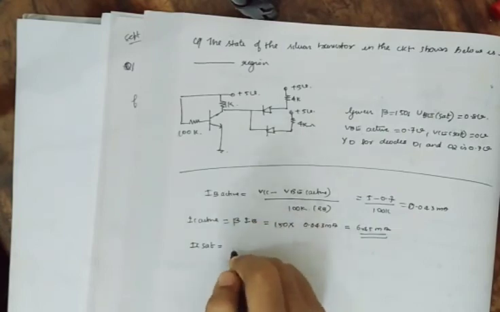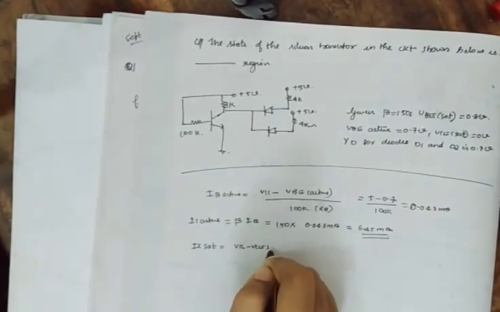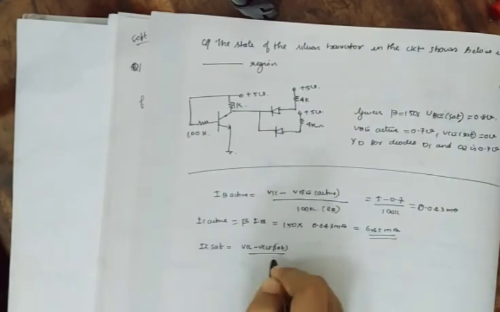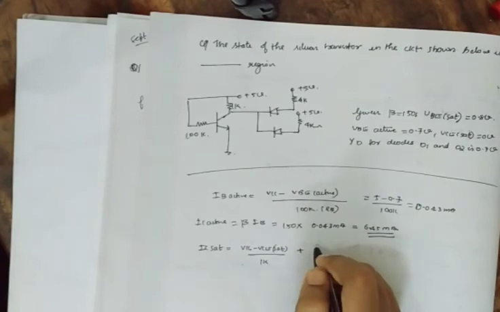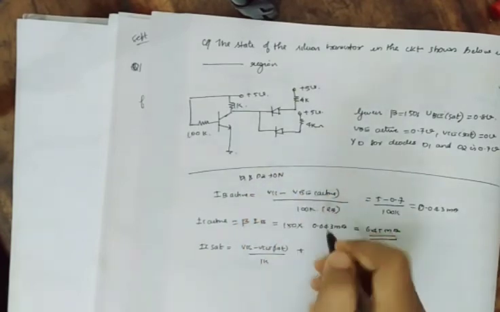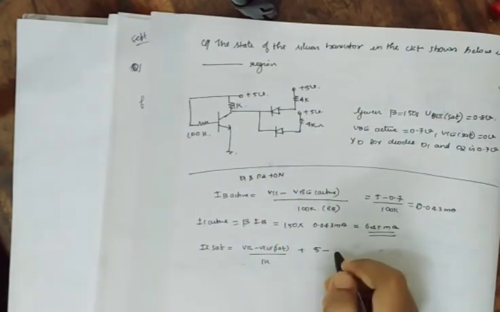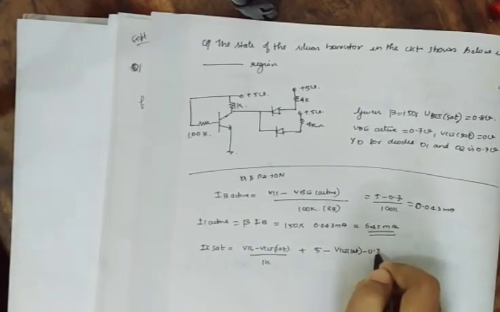IC saturation is equal to VCC minus VCE saturation divided by 1K plus both the diodes are on, right? D1 and D2 on, okay, plus 5 minus again VCE saturation minus 0.7,